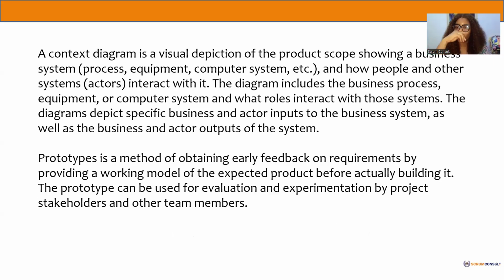And also we have a context diagram, which is a visual depiction of the product scope showing the business system and how the other people interact with the system. Like we said, most products, how is it going to be used? Sometimes you might just want to map it out and see how the primary users and secondary users are going to interact with the project. So when you have it mapped out, you are able to identify those needs that will help you create that deliverable.